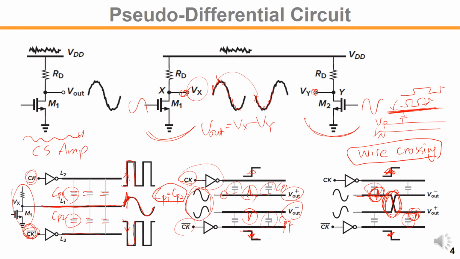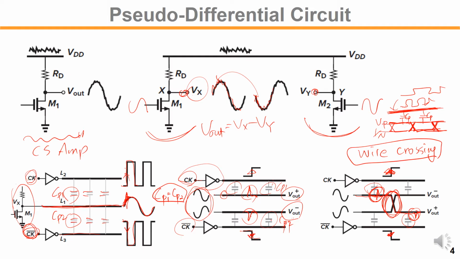To reduce the coupling issue, you may make a connection with a wire crossing through this coupling. So you may have a cross wire at the same distance, then the coupling capacitance will be similarly distributed, and then the coupling will be